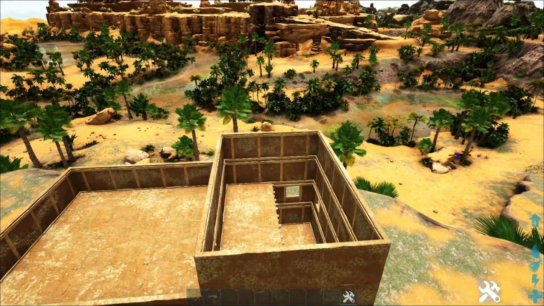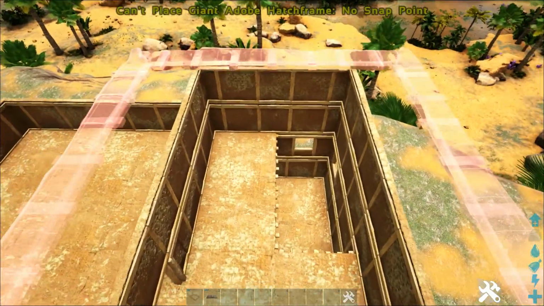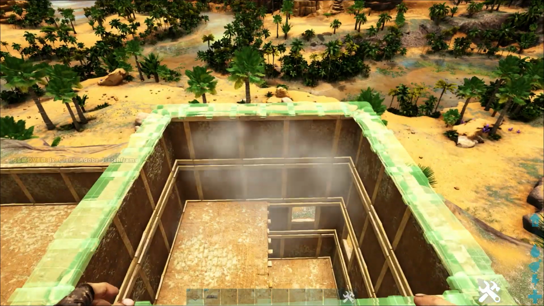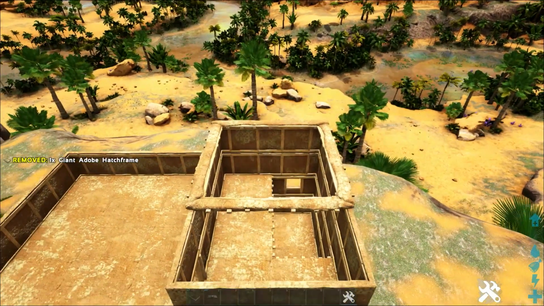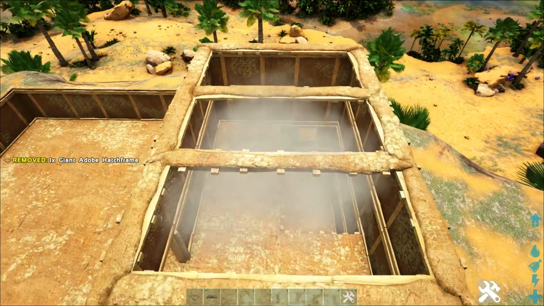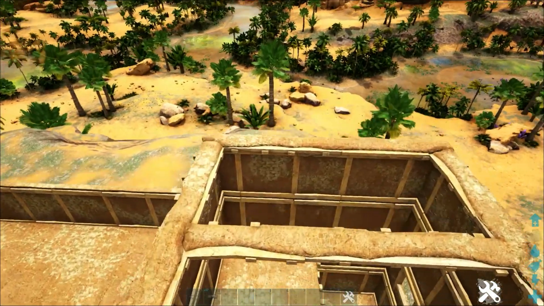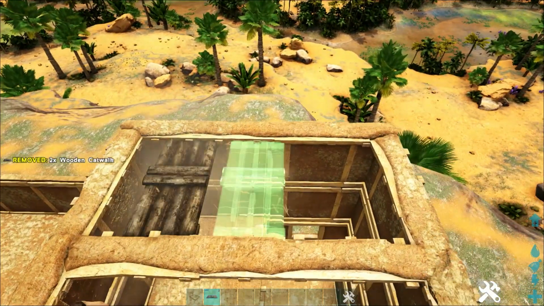Now we're going to create that design that we had above this square. So first what we need to do is get out a giant Adobe hatch frame and place it like that. Then we will get out another giant Adobe hatch frame and place it right here so that they are crisscrossing like so. With those placed, we're going to go up here and we're going to start with placing 3 wooden catwalks